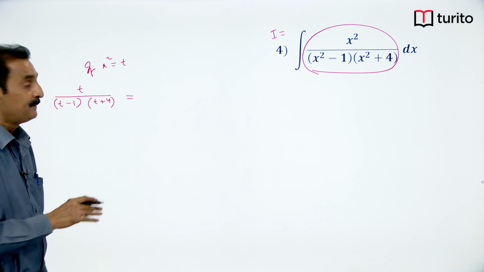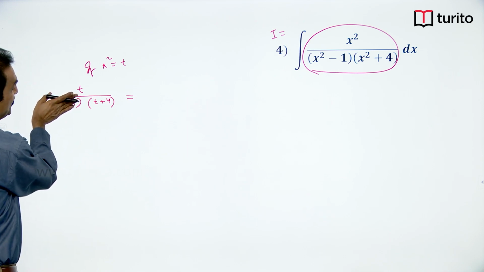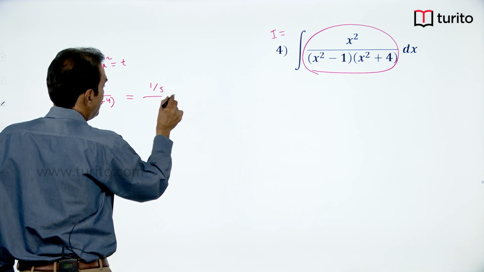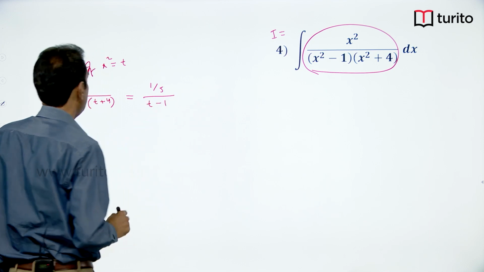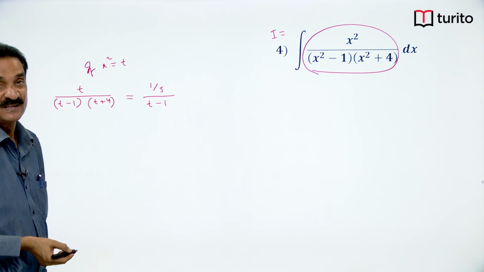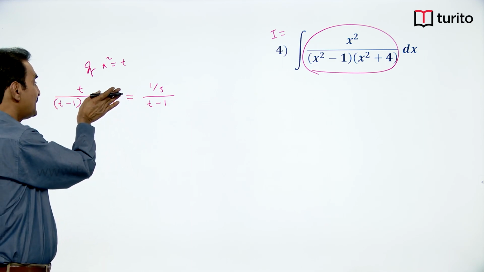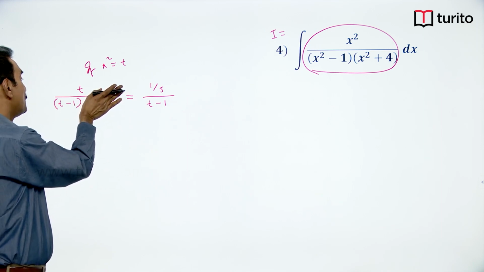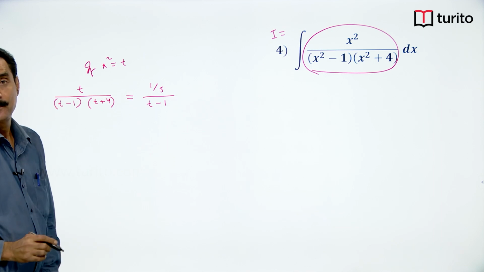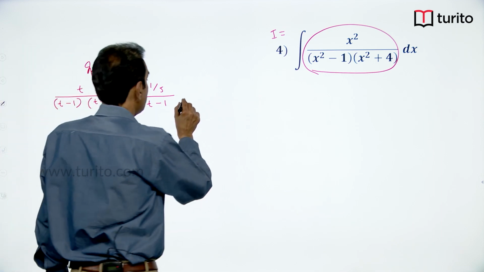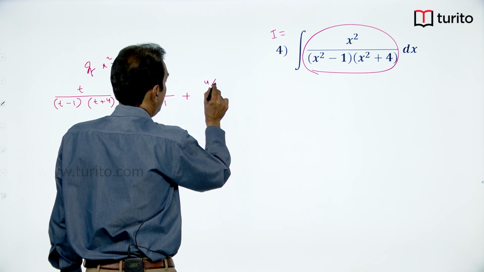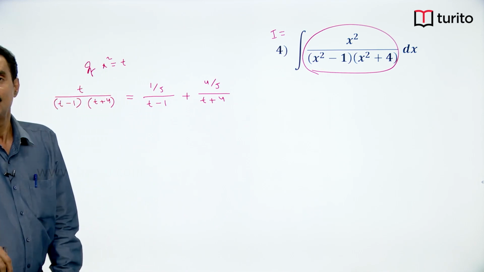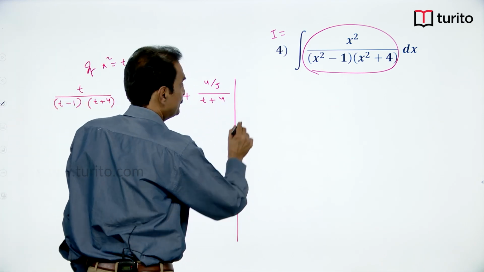How to find a? You cover t minus 1 and put t is equal to 1 in the remaining. You will get 1 by 5. 1 by 5 by t minus 1. Next, plus b by t plus 4. How to find b? Cover t plus 4 and put t is equal to minus 4 in the remaining. Minus 4 by minus 5. That is 4 by 5. So, plus 4 by 5 by t plus 4. So, I is equal to